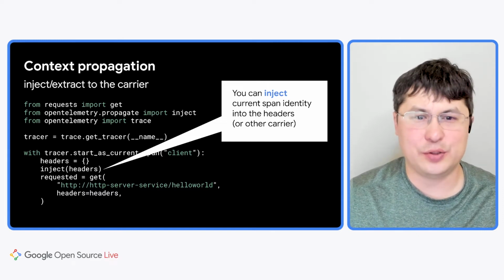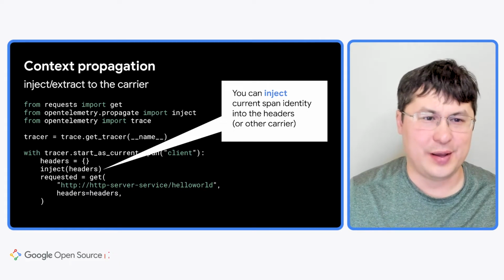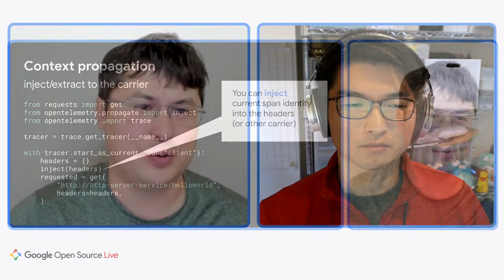In this example, I use an object called tracer, and Yoshi will introduce you to how the tracer works and what other concepts OpenTelemetry gives you. Thank you, Sergey, for the introduction of the concept and overview of OpenTelemetry for trace. So let's go deeper into its specifications and implementations.